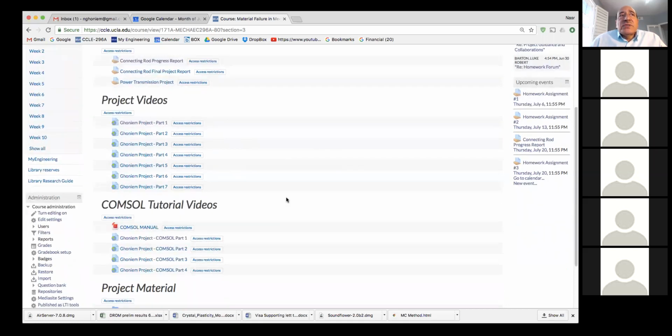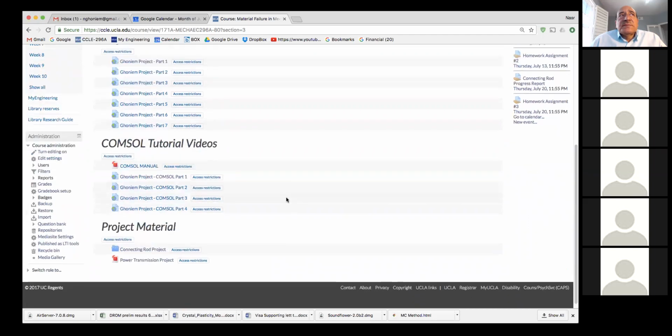And then for those who are not familiar with COMSOL, I have provided a COMSOL manual here. If you click on that, you'll see the entire manual. You can download it, and it is a good reference for COMSOL. And then we have 4 different tutorials that I put together on using COMSOL in general applications.